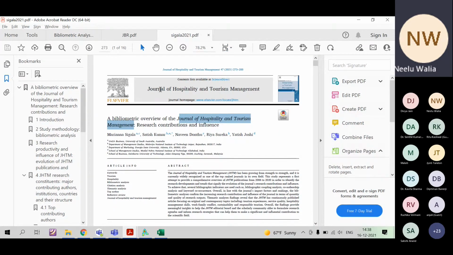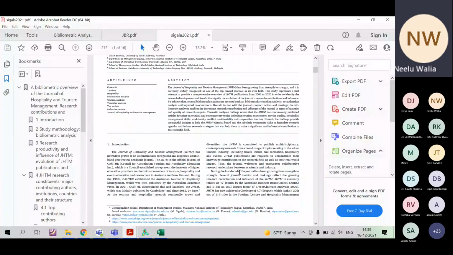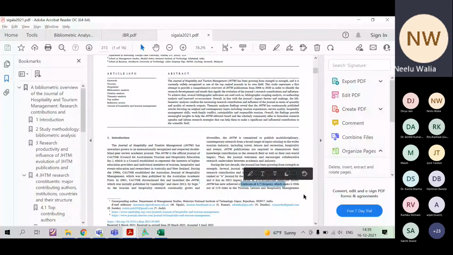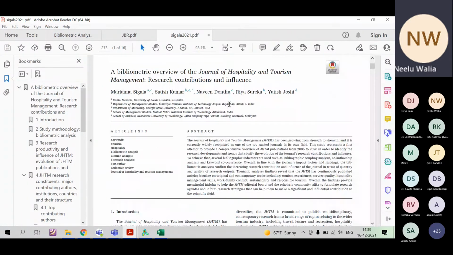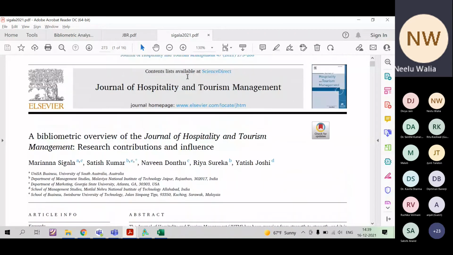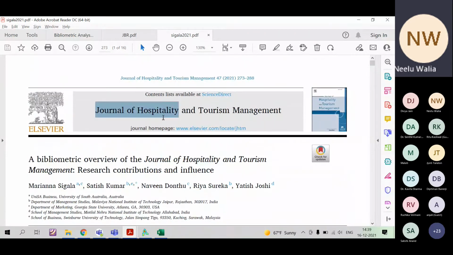So for the same journal, the bibliometric analysis has been conducted. This is also, I think, an A category journal. Let me check. ABDC A ranked journal, you can see over here. You can write and you can publish. So you can target such journals also, and you can do the bibliometric analysis of the journal.